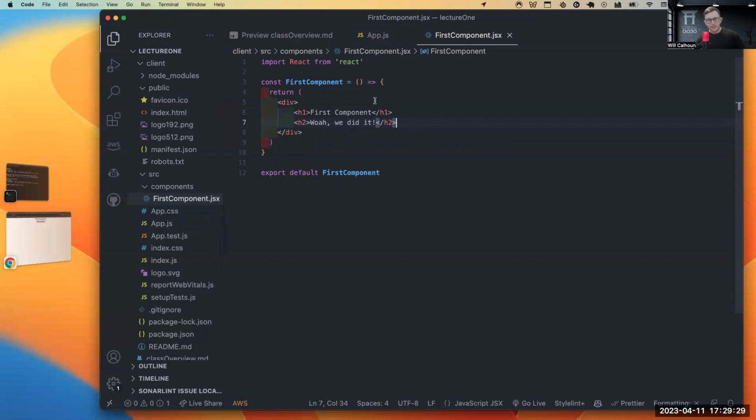So I'm passing it into, think about a function, right? I'm passing this information into, yeah, exactly. I have to pass my props into my first component. So there's three ways we can do it. I could just say props. And then if I say props, then I can say something like